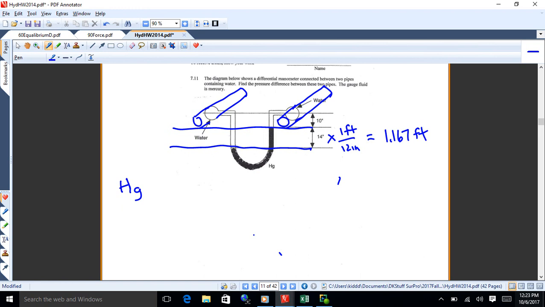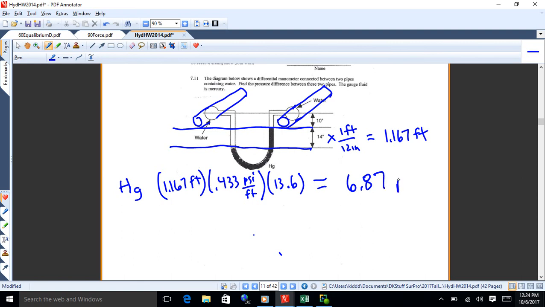So for Hg, what you've got there, you got 1.167 feet. You know that you got 0.433 psi per foot, and then you know that mercury is 13.6 times as heavy as water. So based on that, you can come up with a pressure, okay, and that's 6.87 psi,